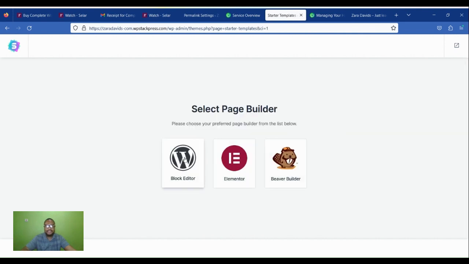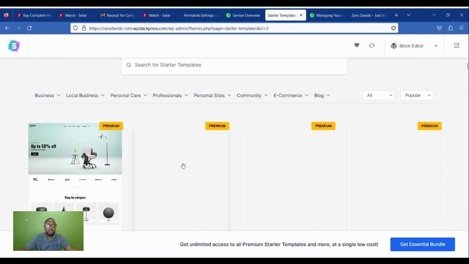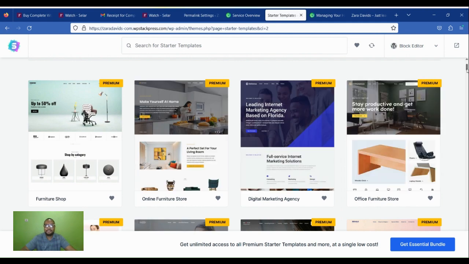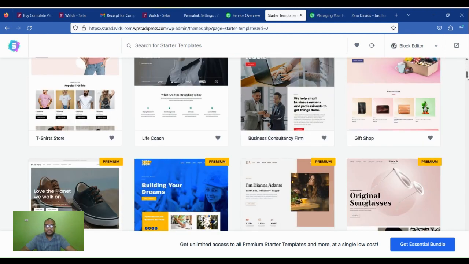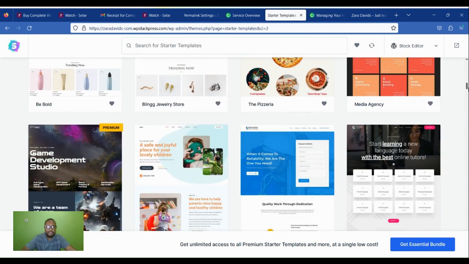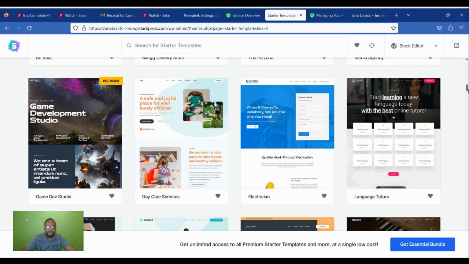your website. Now there are three default page builders. So you have the option to choose a page builder in which you want to build your website. So we are going with the block editor, which is the default WordPress page builder. Once you choose the block editor, you're going to see a list of the available themes. Some of them are premium, but for the majority of them, they are free to use. So you just have to go to one of the free templates,